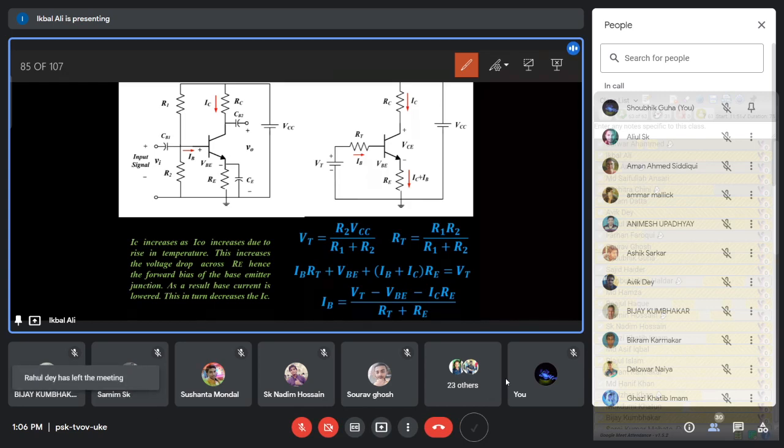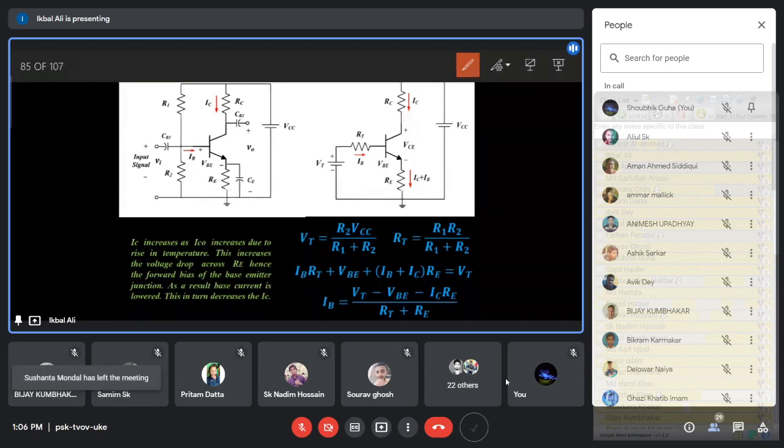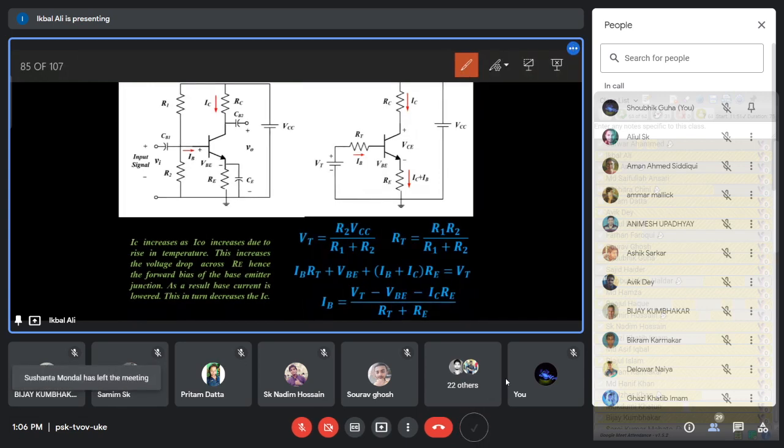The design of this biasing circuit should be such that you choose or estimate the correct values of the resistances and batteries that will make this solution point, or the quiescent point, in the middle of the active region. That is the purpose of the biasing. So with collector to base bias, you can also set the Q point in the middle of the active region. Transistor should be in the active region.